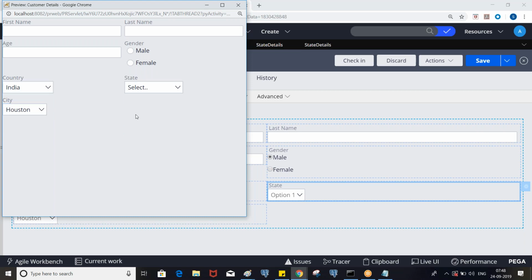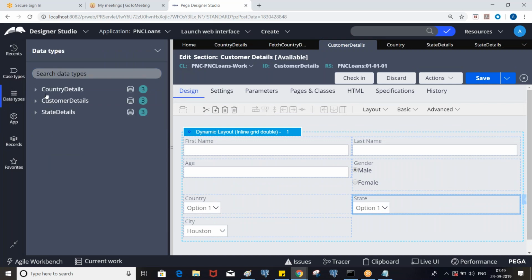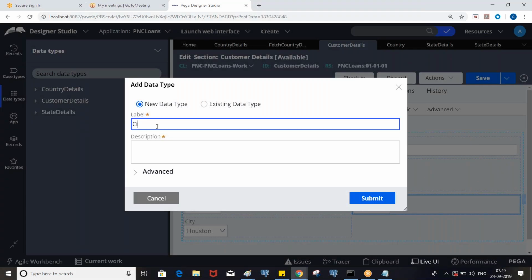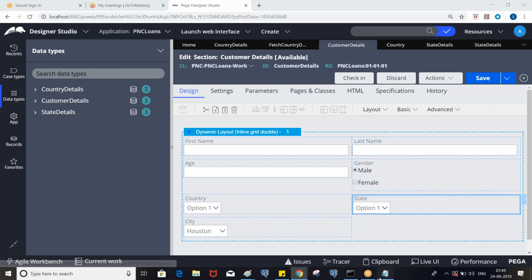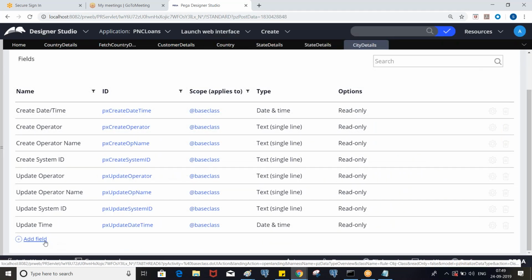Similarly, we need to display the list of cities. So again, the same process. Create a data class. Satya, one question. If I select India or US, it should display only the states of India or US. Is there an option for that? Yeah, that is not handled right now. That we will handle after this. So let's display all the cities first. Then we go for that.